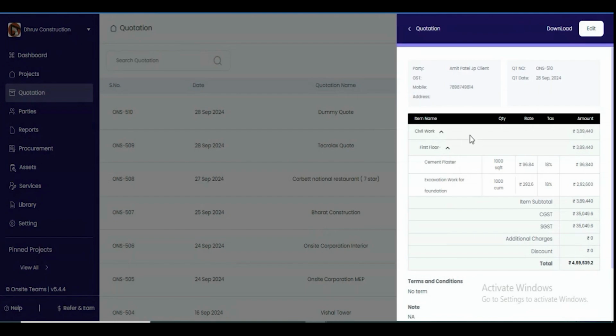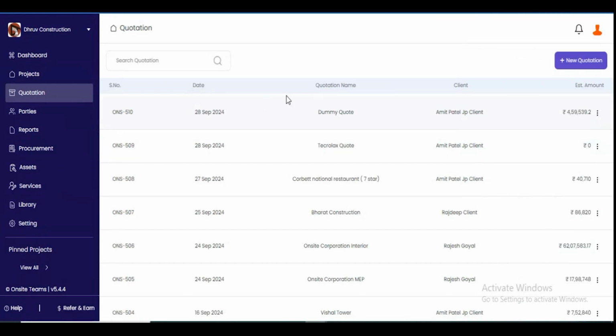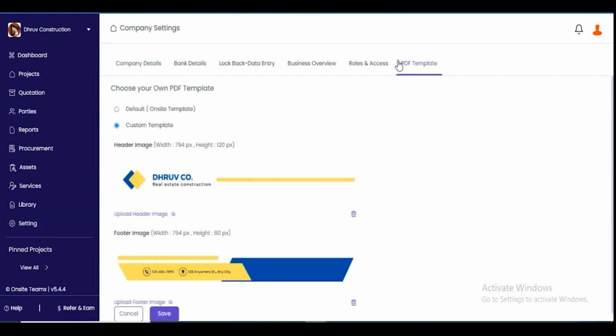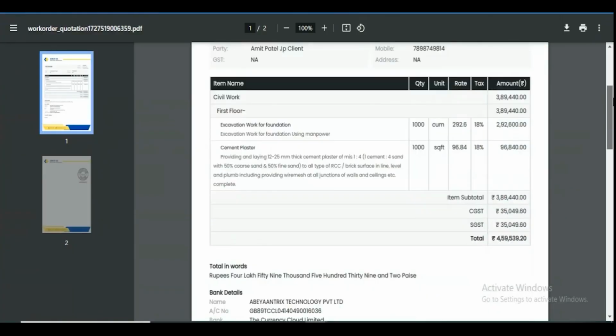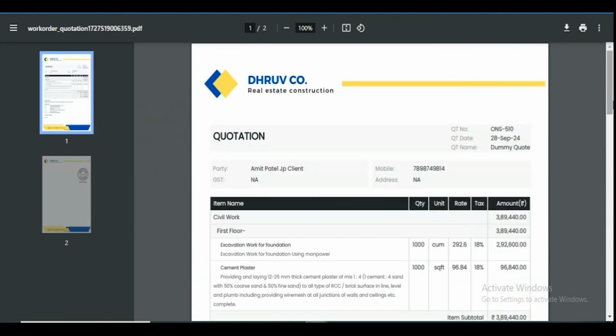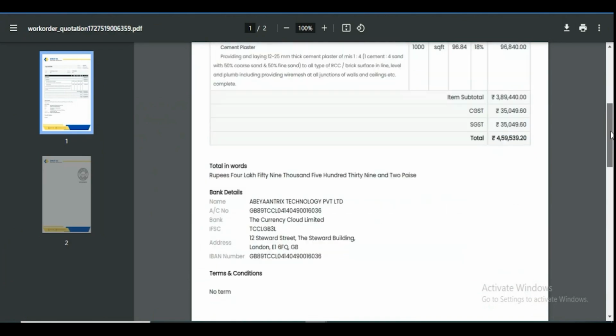Once you are downloading the quotation, there is again an option wherein you can also manage the header and footer for this particular quotation. Here in the settings part, we are going to provide you a PDF template wherein you can also upload your header and footer images, and then you can download these quotations with the proper letterhead format for your company. With the stamp, signature, logo, and terms and conditions attached, you can create a detailed quotation by adding the subsection, section, and the items under it with their proper unit rate, tax, and amount.